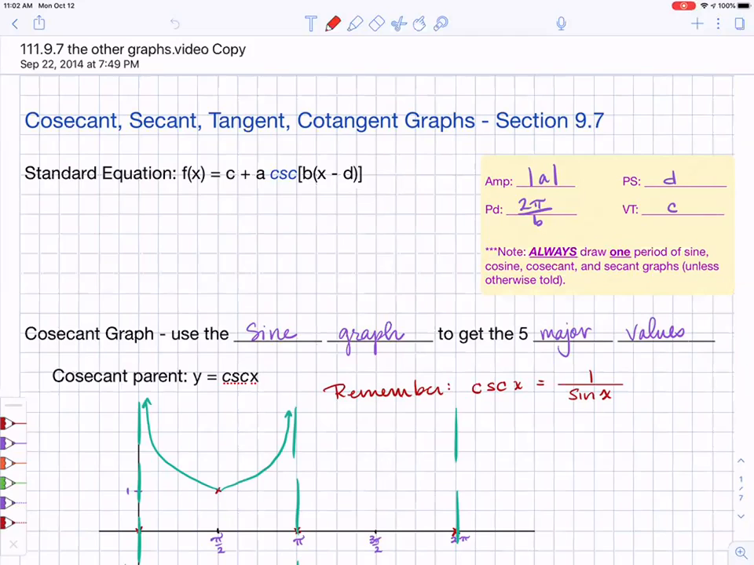A couple things. What do you notice about the four formulas that you have to use for secant and cosecant? What do you notice about these four formulas on here? Yeah, they're exactly the same as sine and cosine, okay? One note here on the yellow sticky that's really important that I want to just go ahead and say